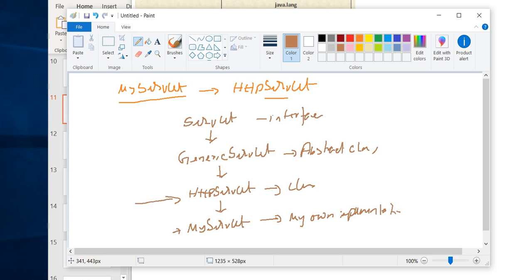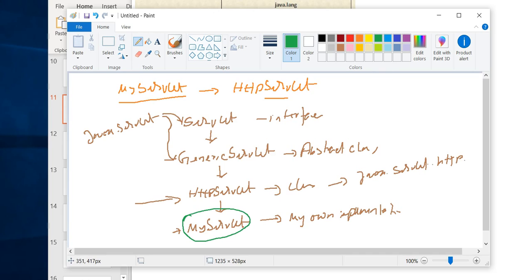Okay, so this one is coming from the javax.servlet package, these two, and this one as well, but this one is coming from the javax.servlet.http package. Okay, so again I'm saying that in order to write my application I need to focus on this one more. Okay, so that's all about